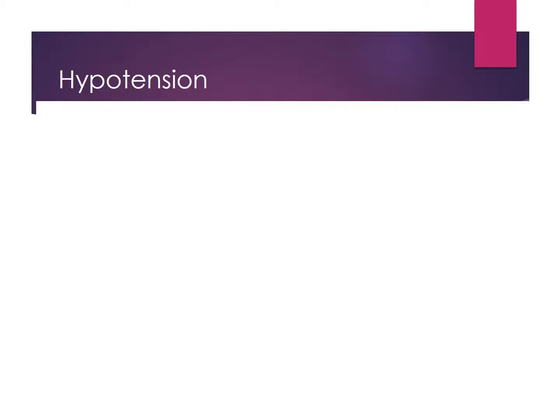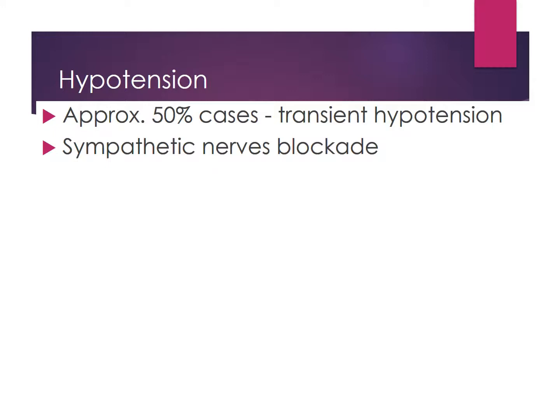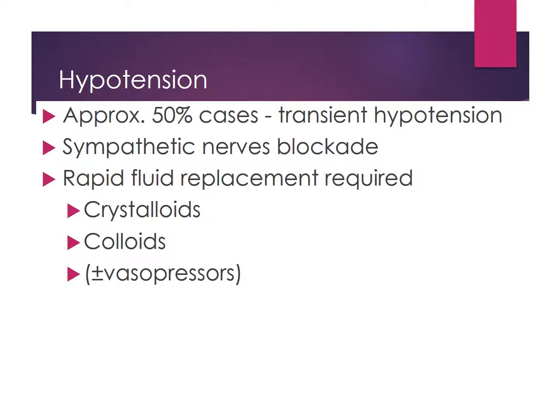Hypotension is seemingly one of the most common complications that we see on a day-to-day basis. Approximately 1 in 2 patients will have a transient hypotensive episode, and this is due to the sympathetic nerve blockade as soon as the regional technique takes effect. So to rectify the issue, and in this case there is no obvious fluid loss out of the